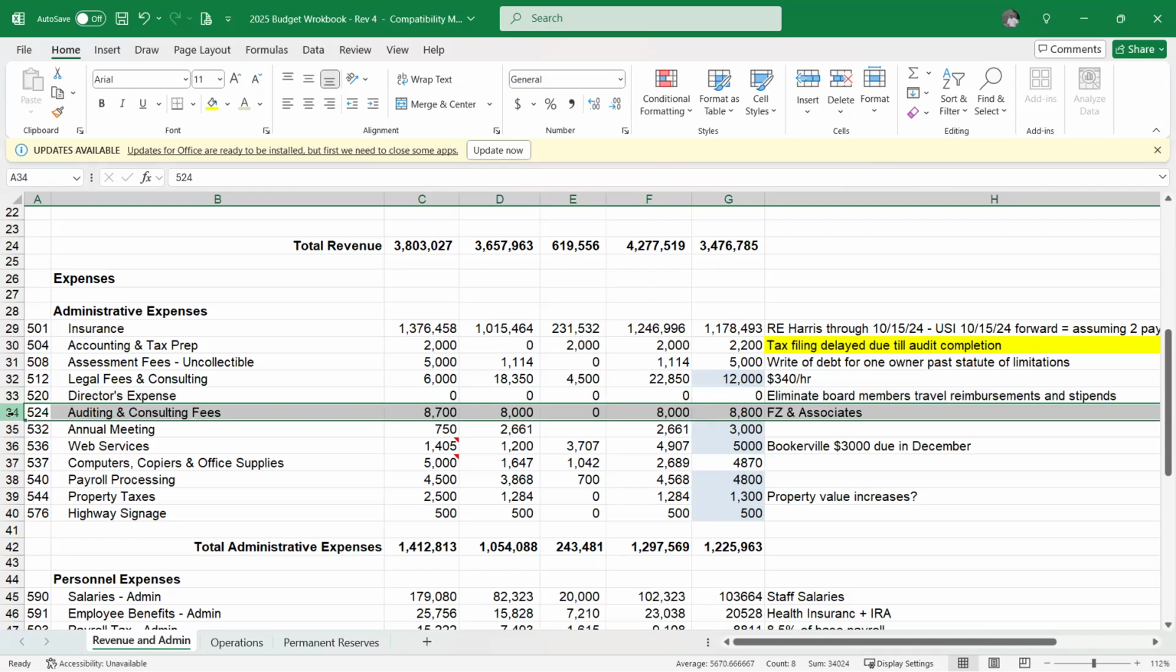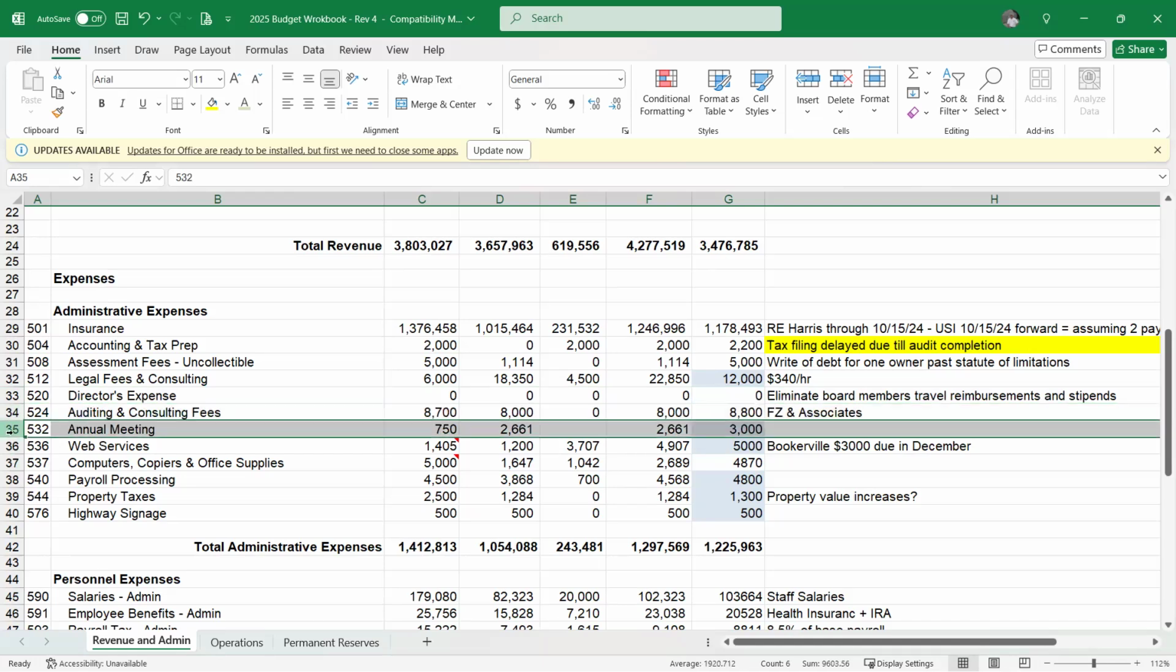Okay, auditing and consulting fees, nothing really to comment on here. This is a pretty straightforward thing and it's always on budget. Annual meeting,